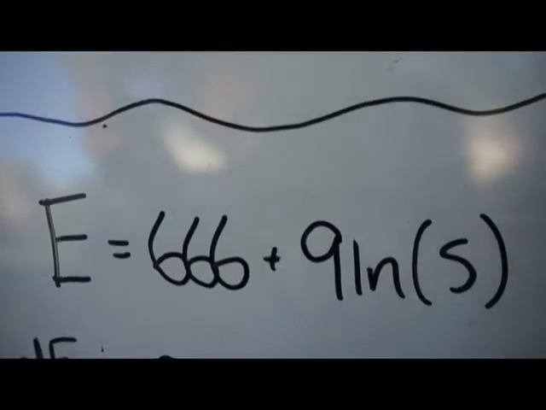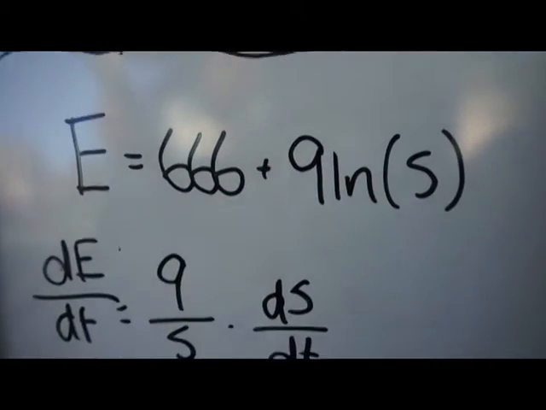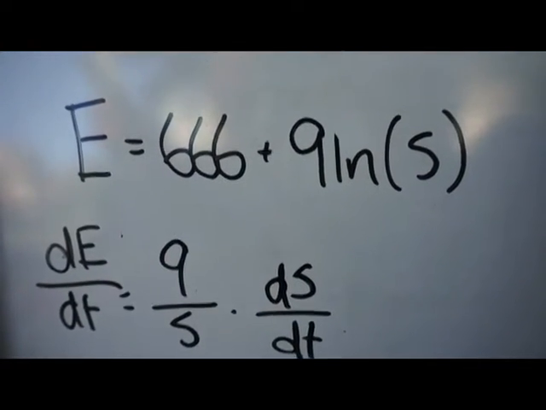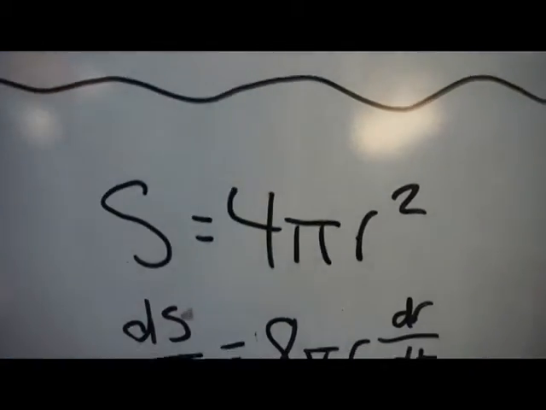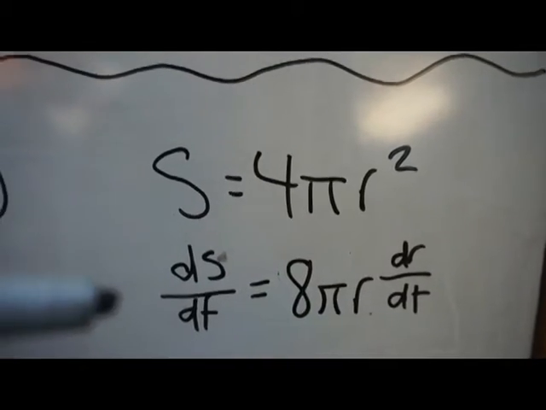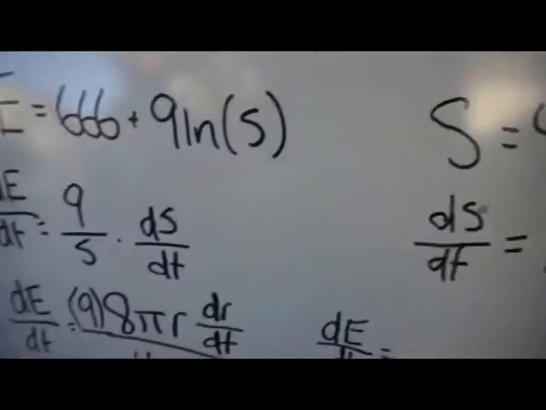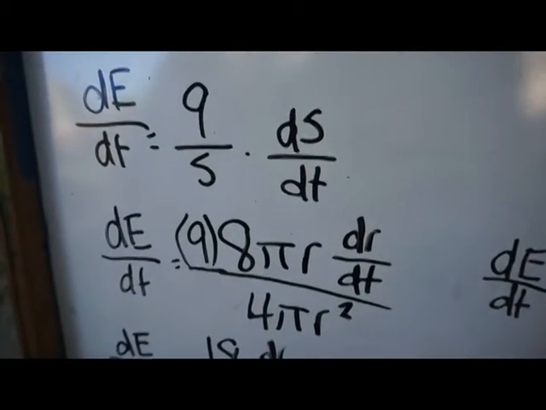So let's say that the energy produced by an explosion is given by the equation E equals 666 plus 9 times natural log of s, where s is the surface area. So first we differentiate this equation and we get 9 over s times dS/dt. We don't know what dS/dt is, so we have to go and find the surface area and the change in rate for it. So the surface area equals 4 pi r squared, so dS/dt equals 8 pi r